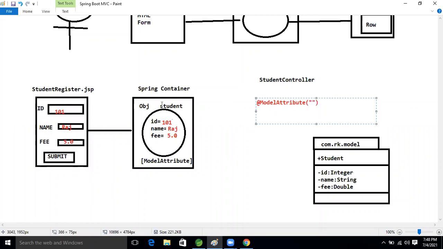What is the object name internally? Student, with a small letter: student.